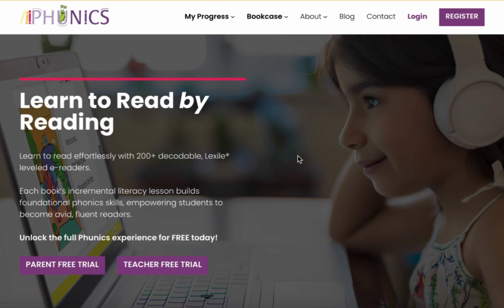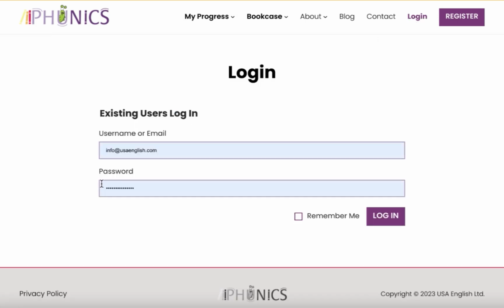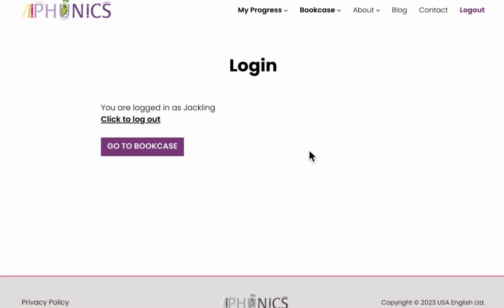So here we're on our homepage, and the first thing that you want to do is log into your account. You're going to put your login information here. You can check Remember Me if you want to, and you're going to log in. If you're logged in, you can either go straight to Bookcase to start reading, or if this is your first